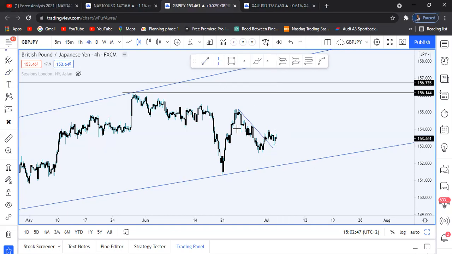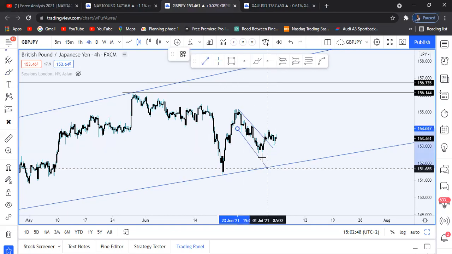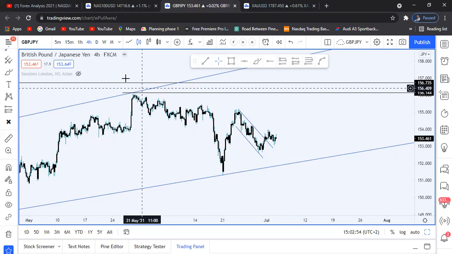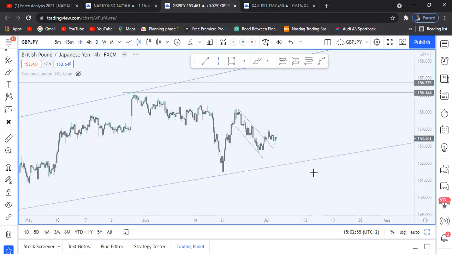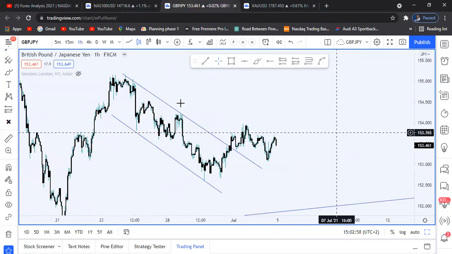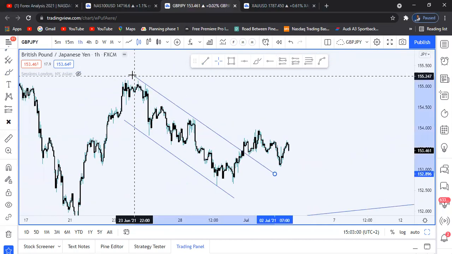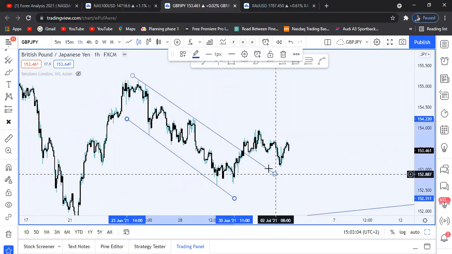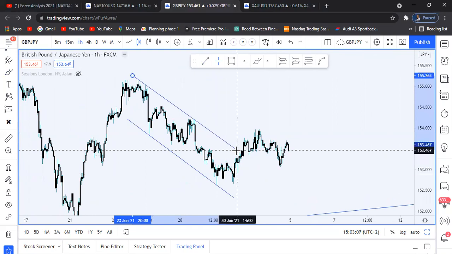Just gonna try and construct my trend line nicely so that it can be visible even when we drive down to our smaller time frame. So now, guys, let's go to our H1 time frame. On H1, I'm just gonna adjust a bit to have these touches, because you can see that this trend line is just moving in the air.